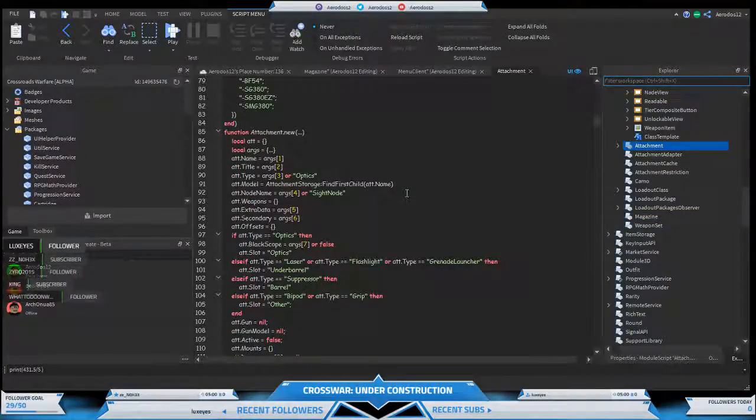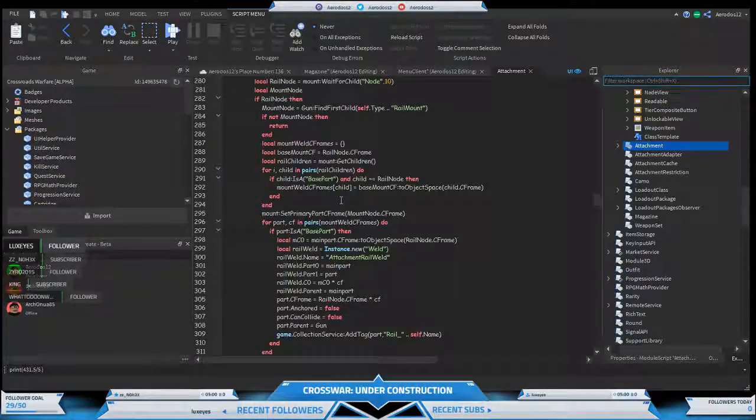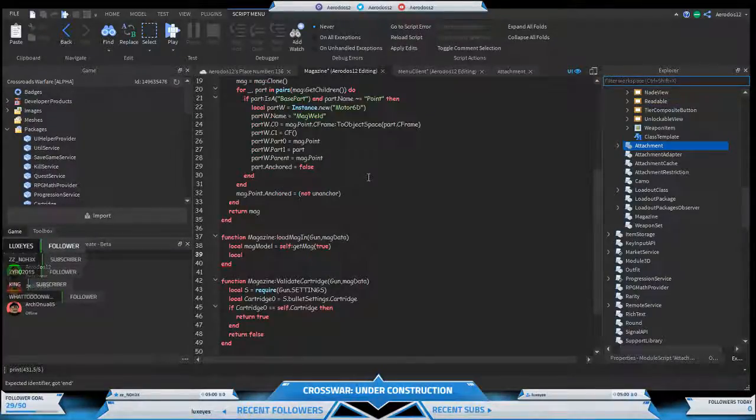According to my findings, here's what we got. These are how parts are welded to the system here. So each one has a C-frame and it's times that. Do we have to do that this time? Nope. Here's what we're going to do. We're going to do local MP equals gun, find first child,